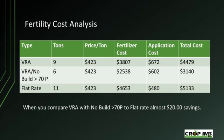But what I did is calculate it here. So I just took a straight VRA application that was just removal, nothing else. That was my 9 ton of DAP. And these are numbers from last spring. These are close to what we paid. I don't know exactly. That was in the ballpark when I ran these numbers after we applied those last spring. And calculating the fertilizer cost, the application cost. I do have a higher application cost for the variable rate applied because of efficiencies and other things. So my total fertilizer cost for that plan was